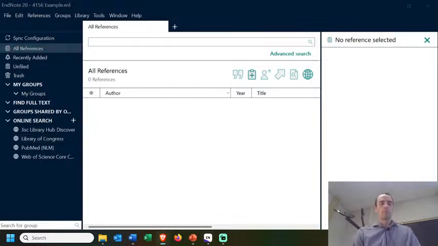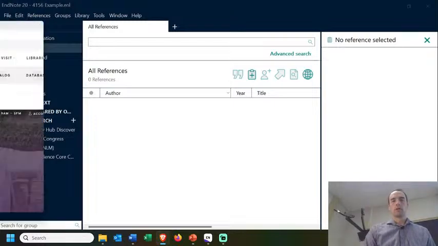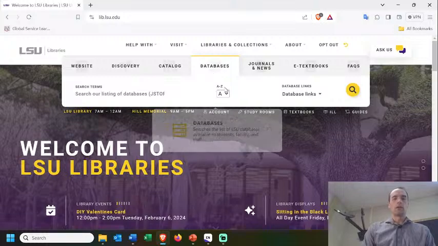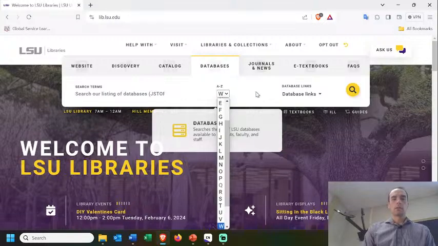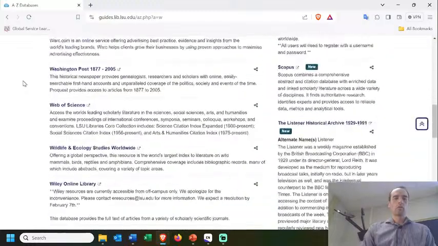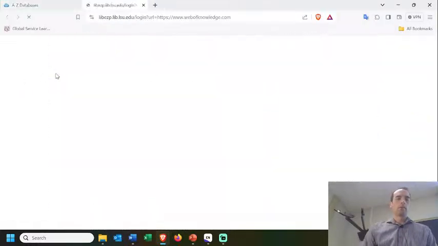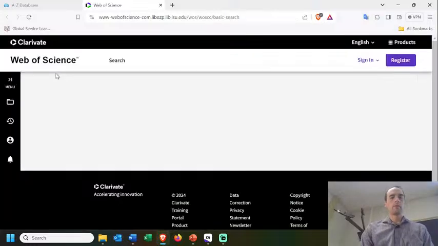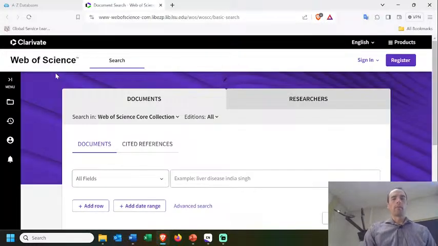So I'm going to bring up Web of Science. We'll walk through the process. So I've got the library, going here. Maybe we'll do just sort of a generic Google search as well. All right, so now I'm here and what I want to do is find an article and then send it